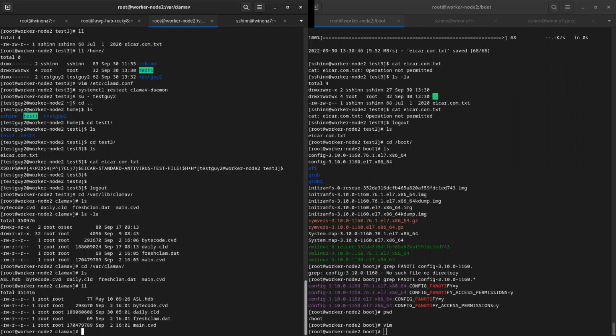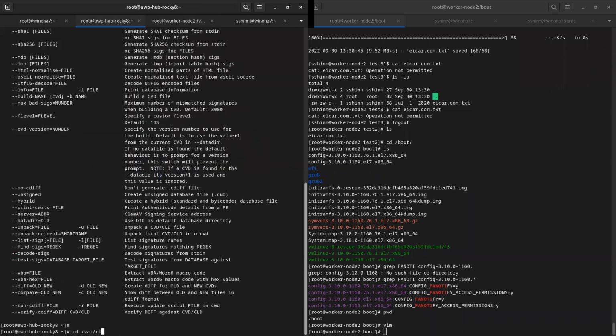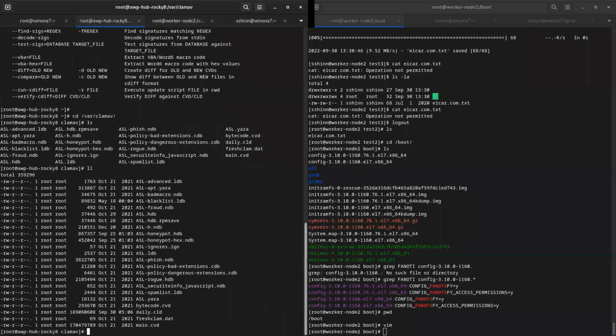I'm not on the right system. These are RSIGs that we distribute in our distribution of Clam on the Atomic platform. But this is a good example because I don't think they have a lot of these more advanced examples in the default one. I'll look. Or at least if they do, I don't have them turned on at the moment.